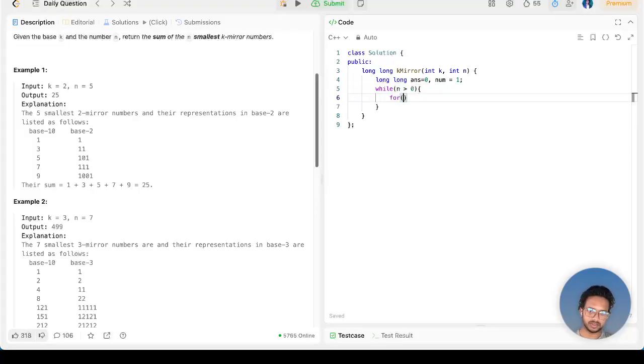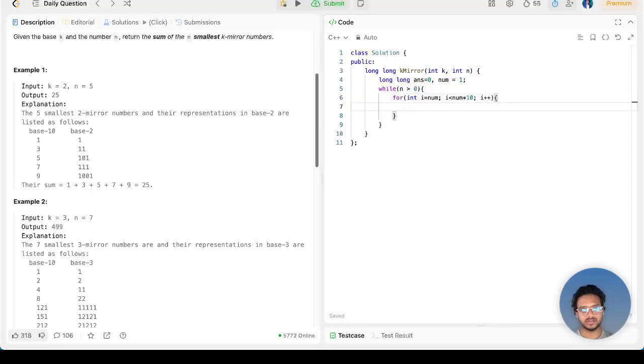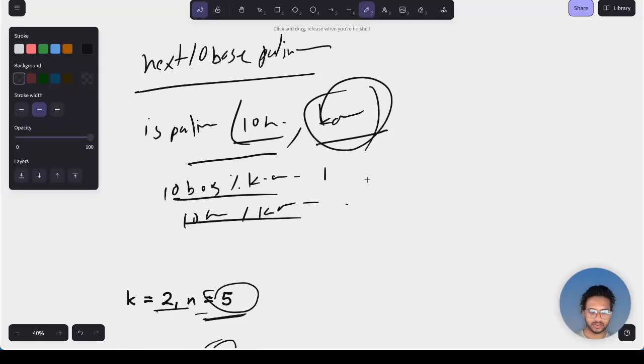So I'll write a for loop: for i equal to the current number, and i less than num times 10, and then i plus plus. So why did I write num into 10 here? To find the palindrome,